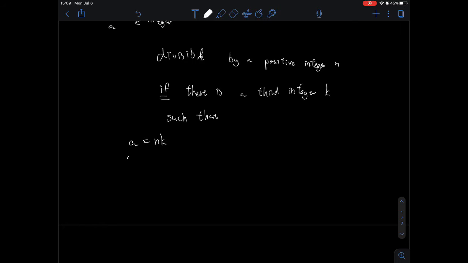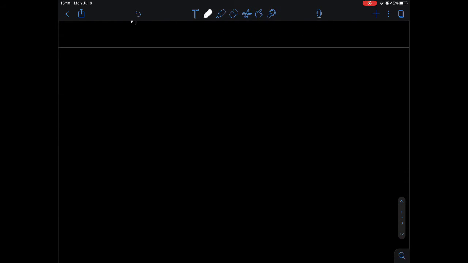We also say that a is a multiple of n, and n is a factor, or we may call it a divisor, of a. For example,